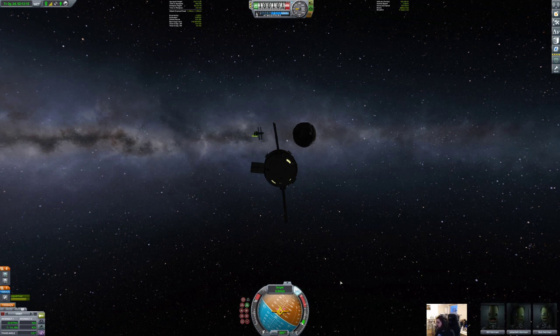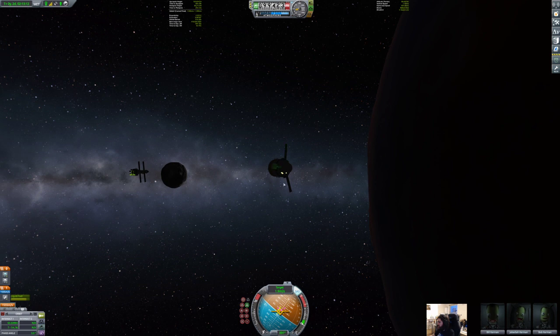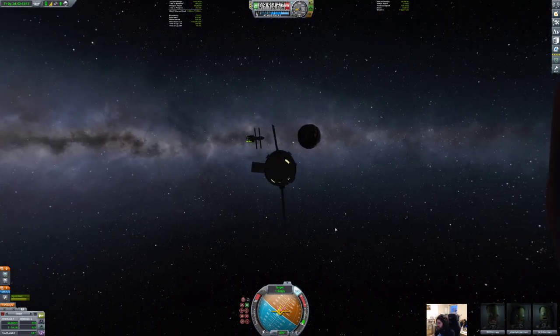What is it even targeting? I think it's targeting the aft docking port, which is not where we're going. Yeah, I think we'll bother deorbiting this thing because there's quite a bit of junk in orbit anyway, and I don't think this thing has a probe core, so